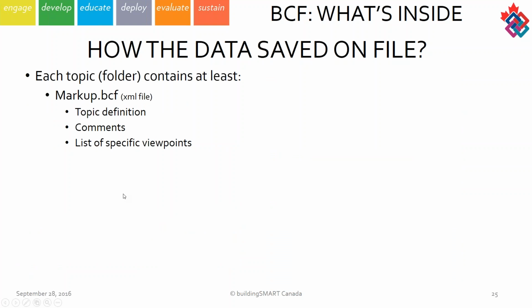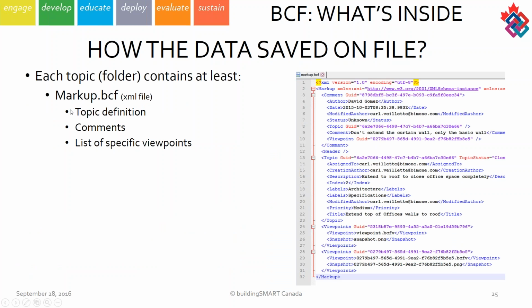Inside each folder, there are basically at least 3 files. The first one is markup.bcf, and this one holds all the information about the comments, the topics, the viewpoints themselves, and everything you can think of that you could do in BCF here. You'll find them in the markup file. One thing I didn't write in the markup.bcf content is the header tag, which you can see in line 12. This tag also holds the IDs of elements that are used